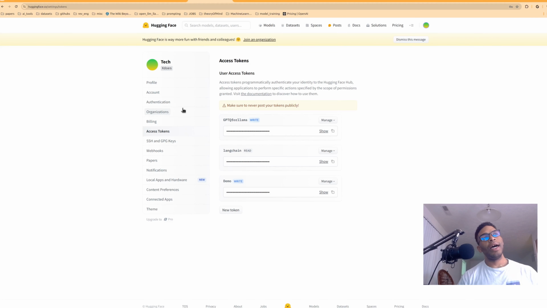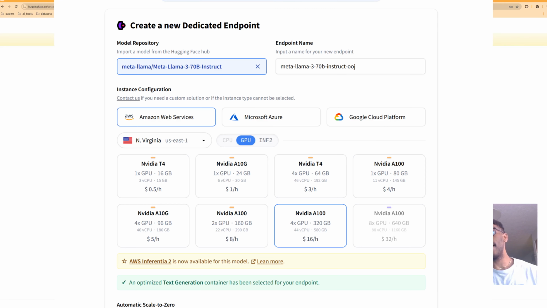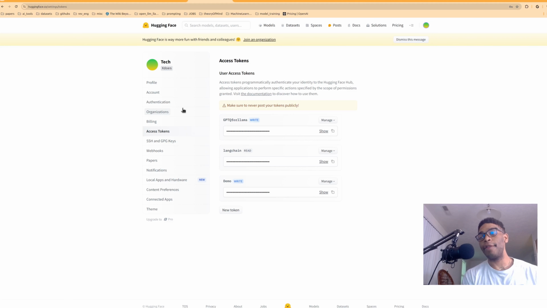And finally, Hugging Face. Hugging Face has a ton of models that are open source, that are free to use unless they're too large. So in this case, we're going to be using Llama 3. Llama 3 is too large and requires a dedicated something. It requires you to either have it locally or use an inference endpoint. And unfortunately, if you want to use the chat model so you can use a graph, you're going to have to make an inference endpoint, and it costs about $1 an hour for Llama 3 8B and about $16 an hour for Llama 3 70B, which ends up being cheaper if you do the math than using OpenAI, which for